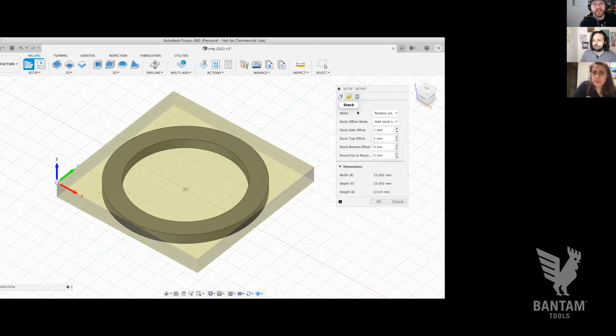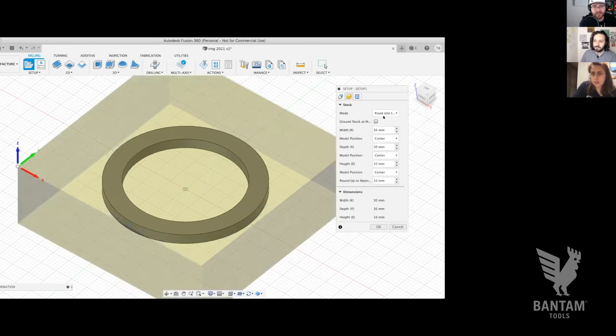Okay. So we've got a couple things here, and let's go ahead and take a look under mode. We'll just start from the top and work our way down. This is going to be a common Fusion thing as we go through on the CAM side. We're going to work with a fixed size box, because we know exactly how big that piece of aluminum is, because you've got those digital calipers. So let's go ahead and click on fixed size box